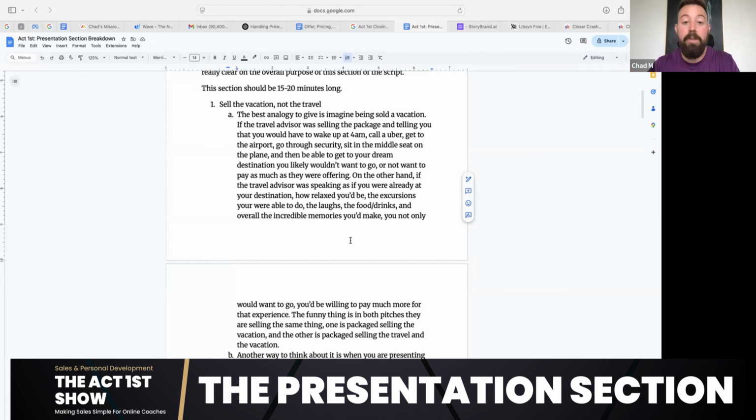But the individual who's hearing it is going to be willing to pay a lot more for the person who's describing the experience, not just selling the vacation. The person who's selling the travel and the vacation may not get the deal and certainly isn't going to get as much money as they are asking for or as they want. So that's really important to keep in mind, because when we are describing our program,